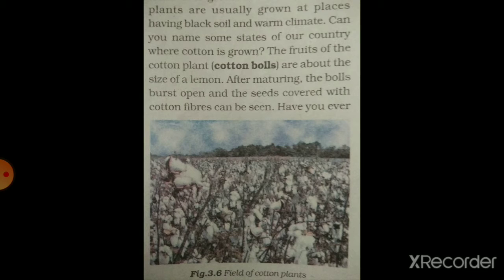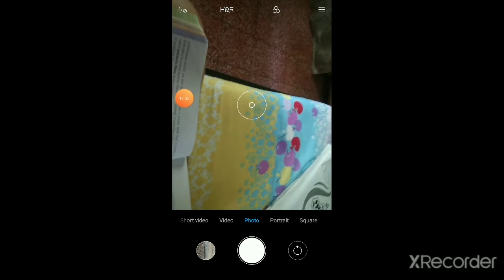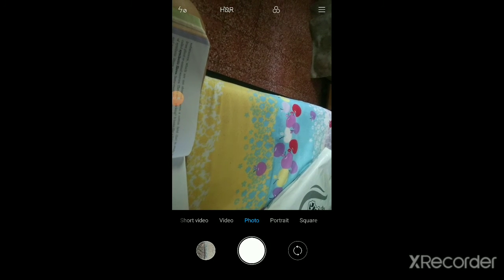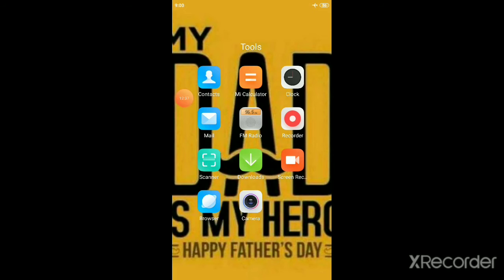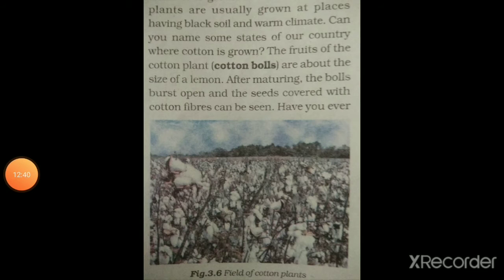Now you tell me some states of our country where cotton is grown. Think and keep the answer with you and make a note of it, and I will ask you after some time. Okay,